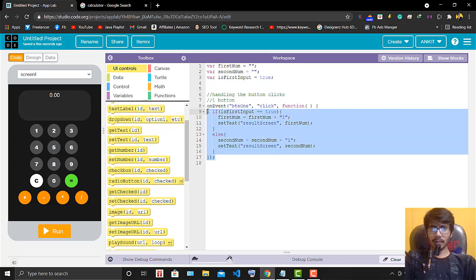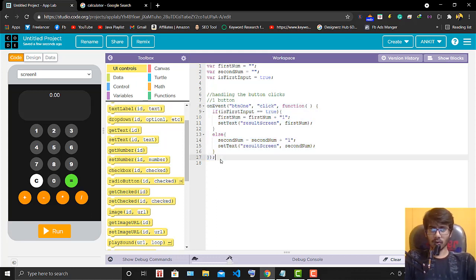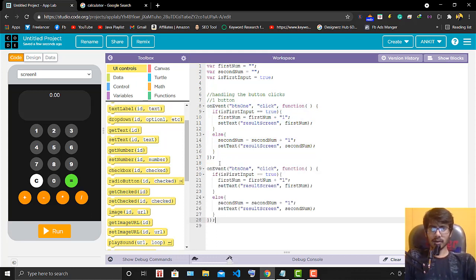We will have to make it for 2 also, so I will copy this on event and make it for the whole thing, the whole number. I will put btn2, and here I will make changes because on pressing 2 I want 2.